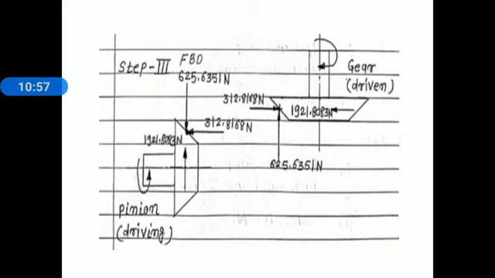First component is the tangential component and second is the radial. Now everyone knowing about that tangential component for the driver is opposite to the direction of rotation, that is clearly seen on the pinion. Now the radial component, everyone knowing about that, it is always directed toward the center. Now here the radial component shown toward the center of pinion.